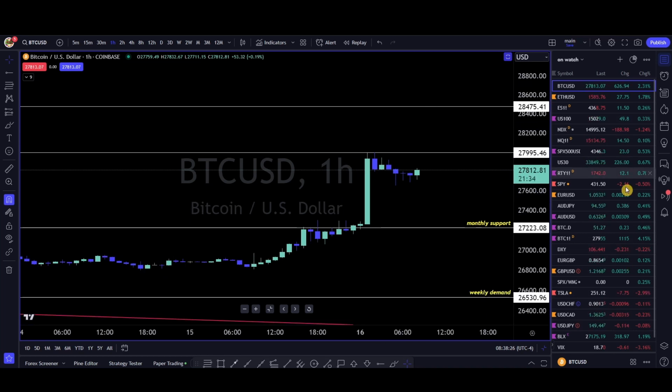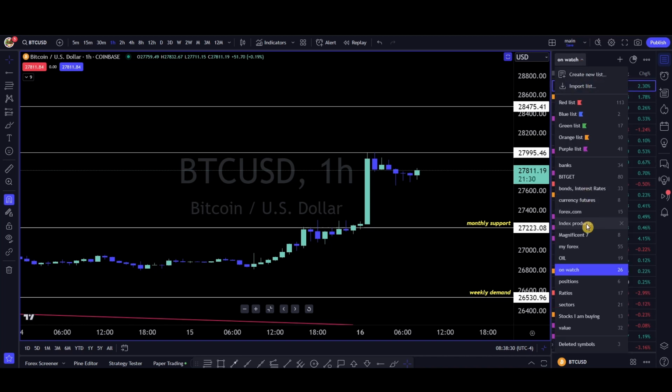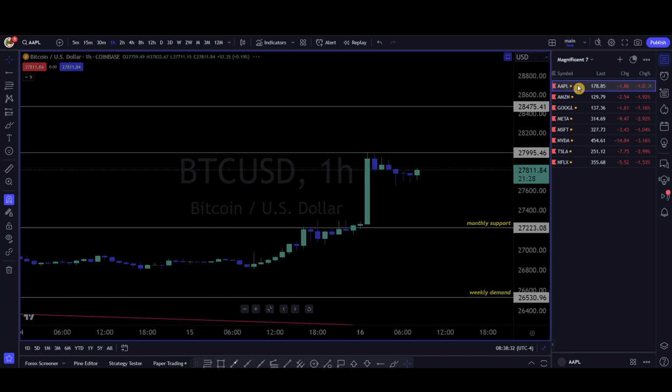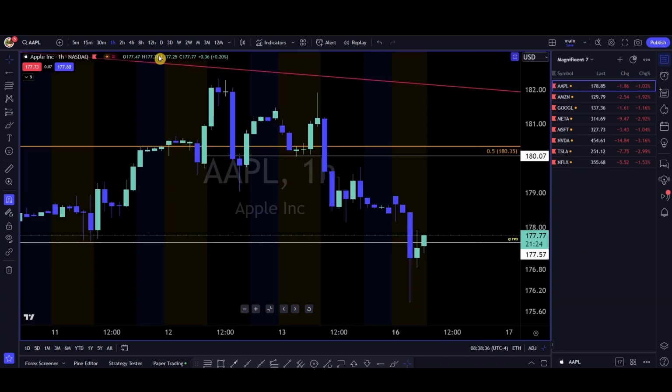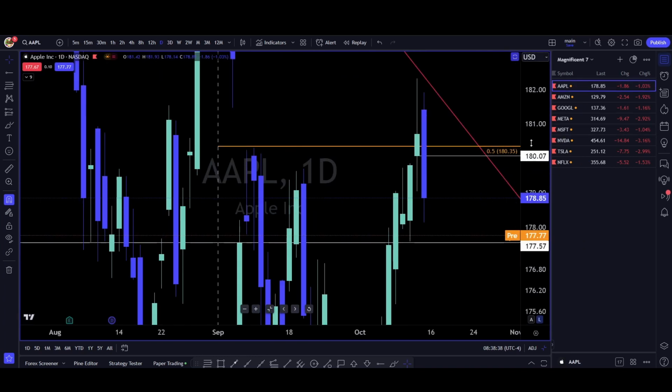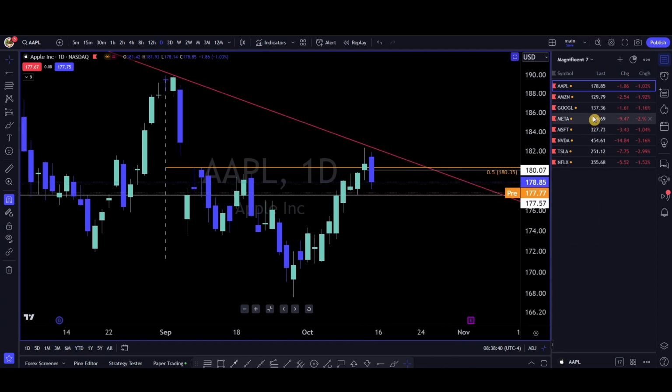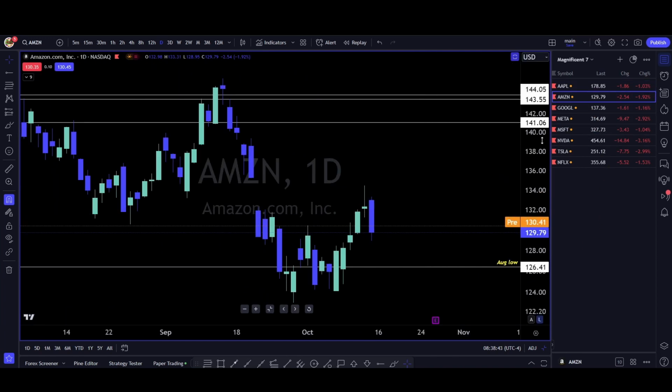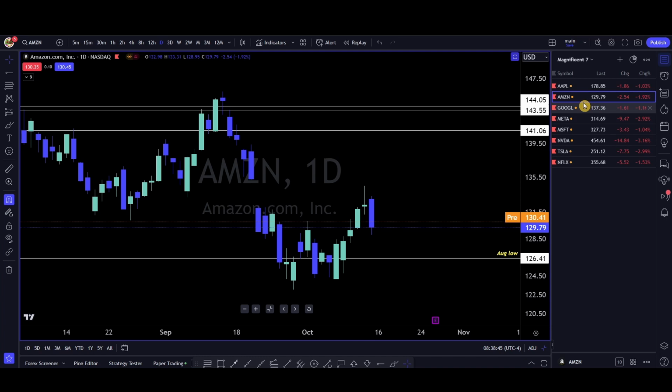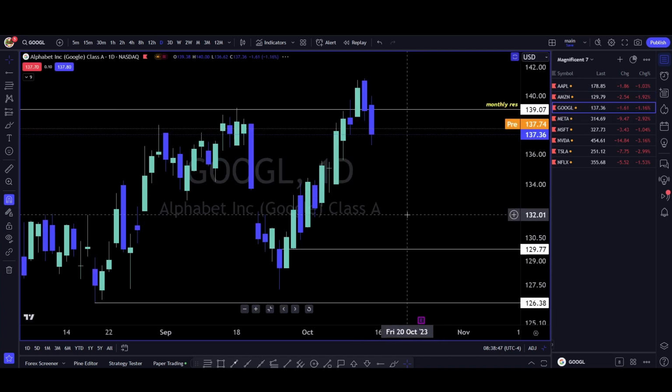Like I said, the dollar's pulling back. If we go look at the risk markets real quick, we'll see if we got any of the Magnificent Seven gapping up hugely today. Let's go to the daily time frame and see. Nope. Indeed, Apple is gapping down. We have Amazon moving up, 130.41 pre-market.